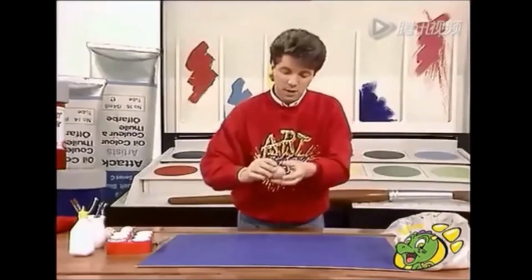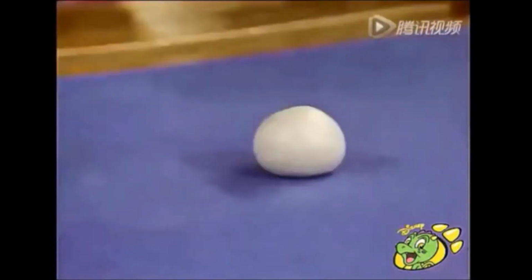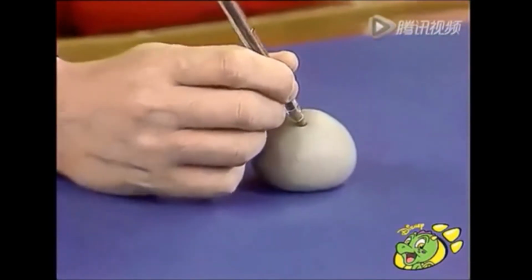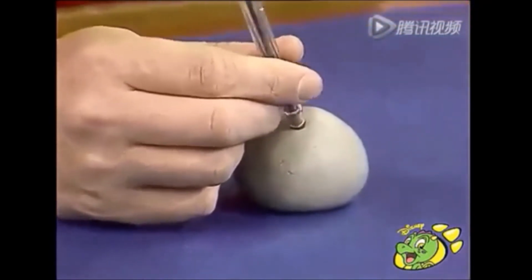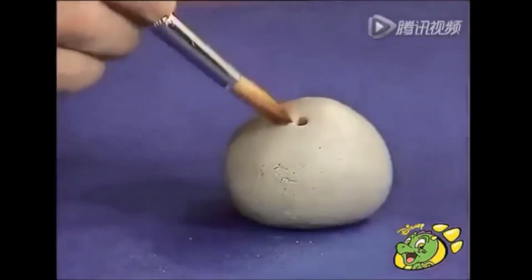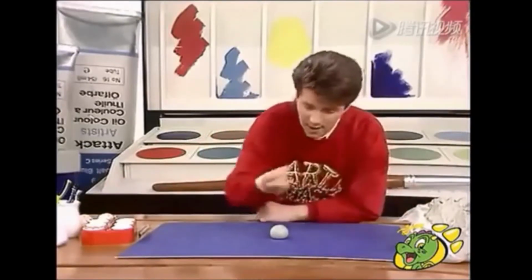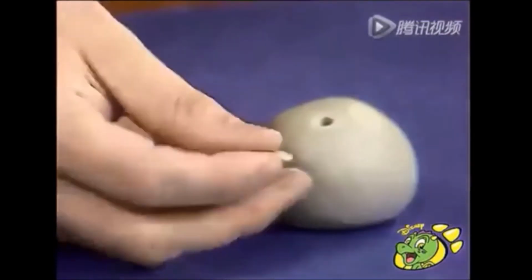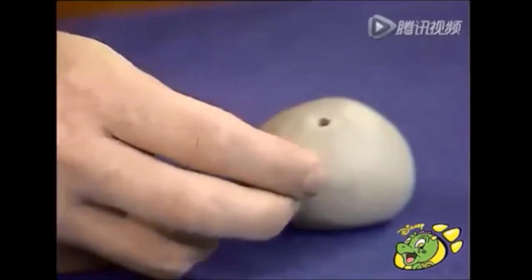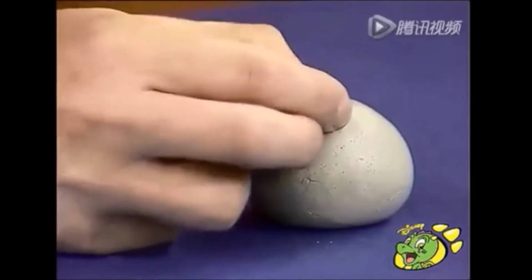And when it's smooth, just hold it about 20 centimetres above a flat surface and let it drop gently. And it just flattens the bottom. Then take a pen or pencil and tweak a little hole in the centre at the top and brush in some water, just into the hole, just to dampen it. And then take another pinch of your clay and roll that, not much, into a sausage, like that. And then just place it into the hole in the centre, and the water sort of binds it and acts